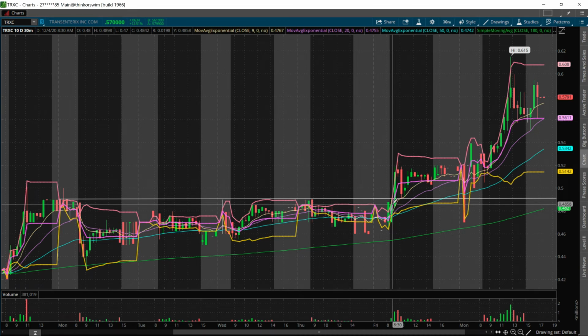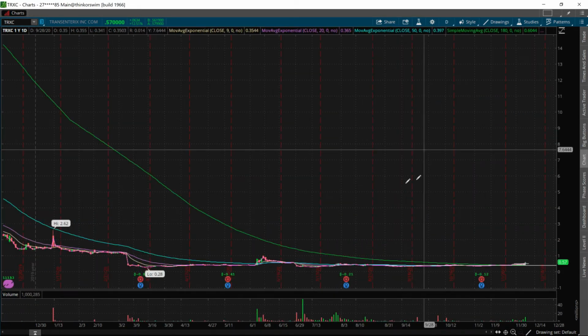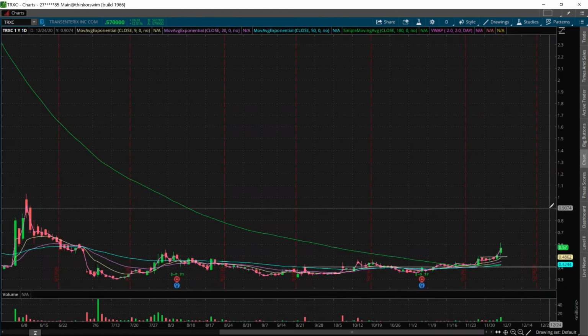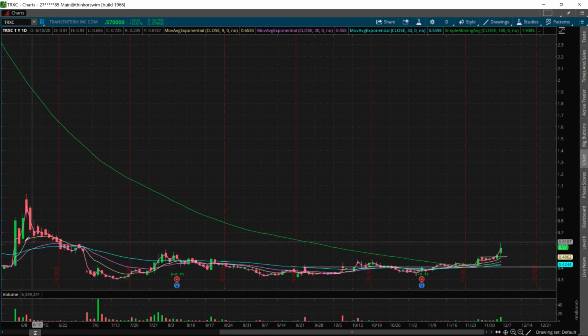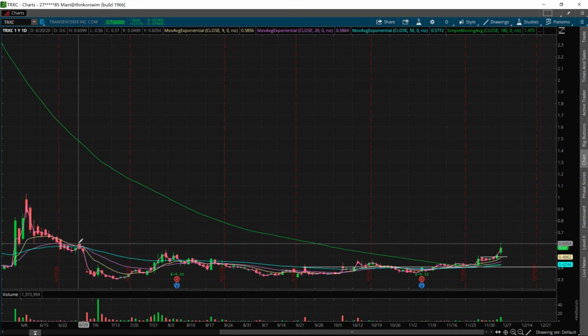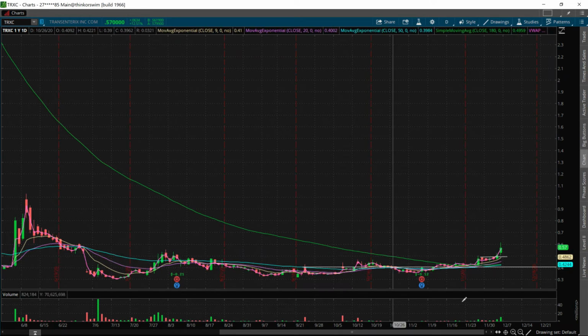Now my profit target was 60 cents. How did I get to a 60-cent profit target? Let's go to the 1 day 1 year, and let's zoom in here. So I went all the way back to this pattern here. You can see where it found support. You can see where it got rejected, right? Now these patterns here, there were going to be a little bit of resistance, but nothing significant once it broke